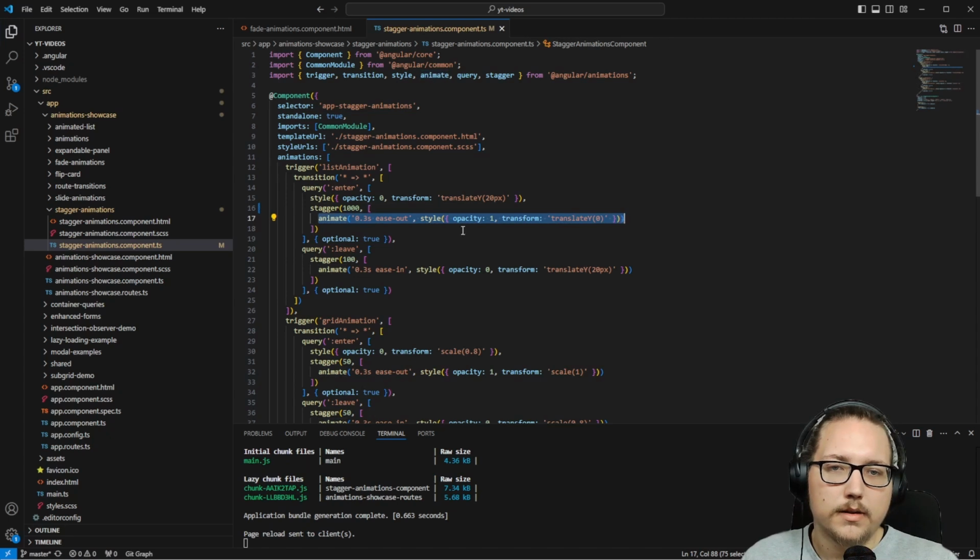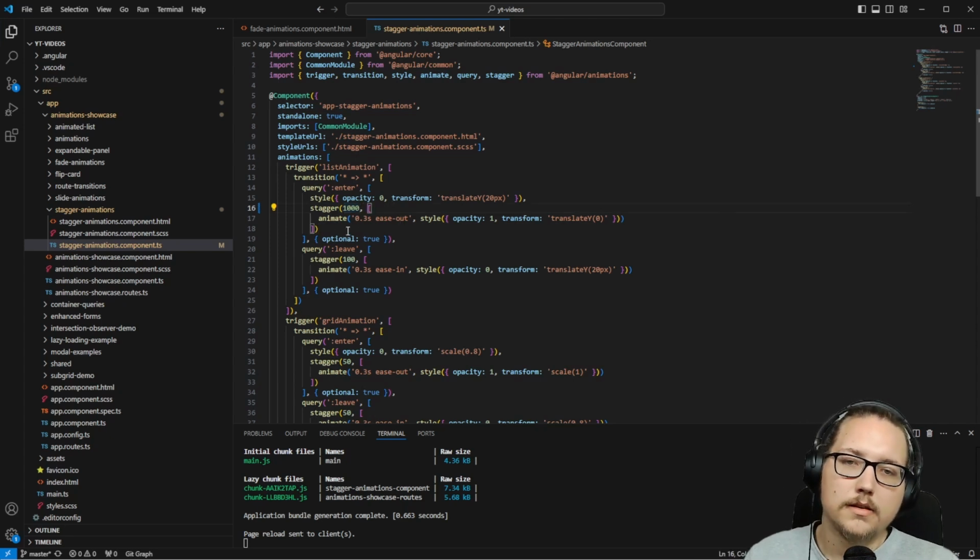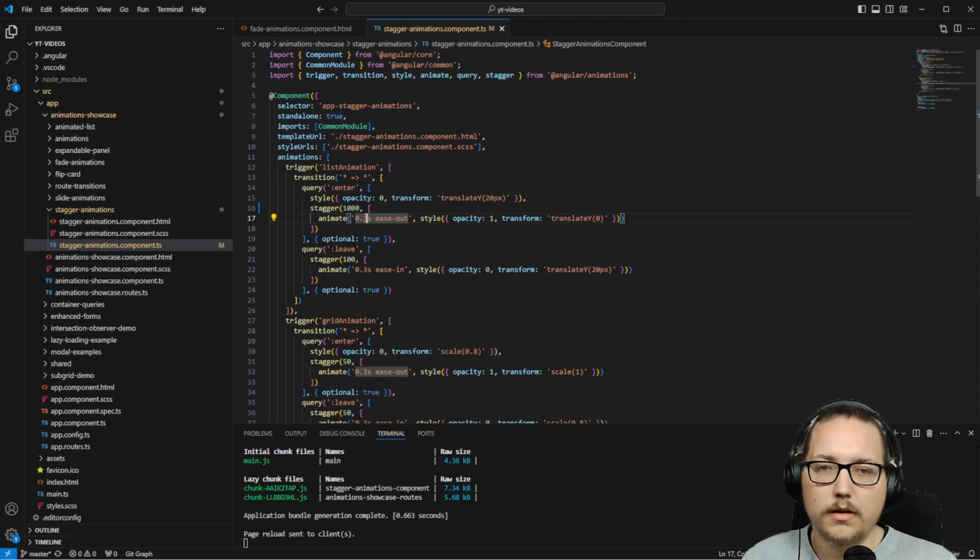Here we say that the elements go one by one, so the animation should make the first step, then the next one and so on. And it should make 1 second for every element and then start an animation that in this example needs 0.3 seconds with an ease out, and the result of the animation should be that the translate y